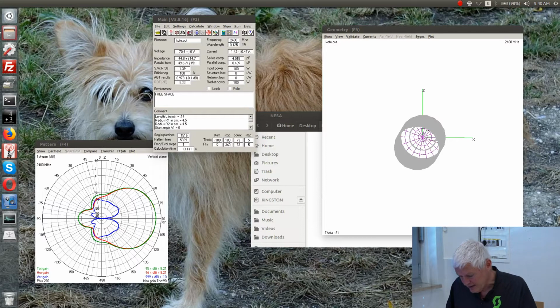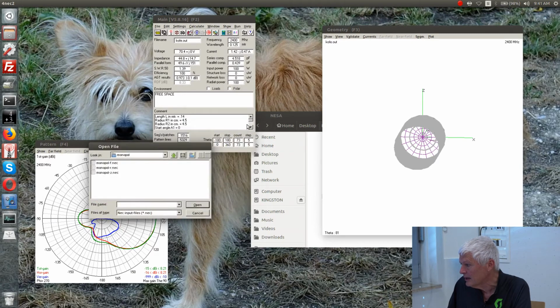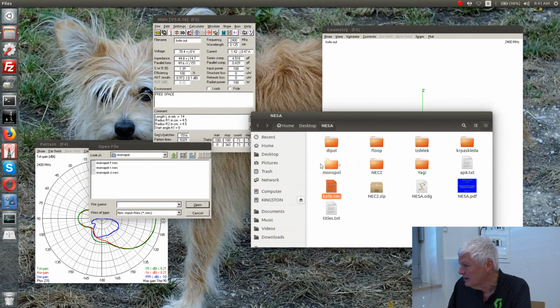Let's see further examples now. So now I have explained the details of how to design something with HFSS. Now I should also explain some of the mistakes of HFSS. And the mistakes are here. Now I have a simple, in this directory here, I will show you the directory. I have